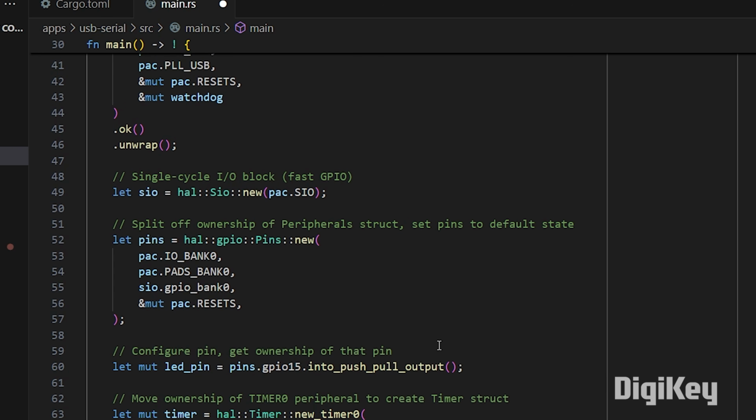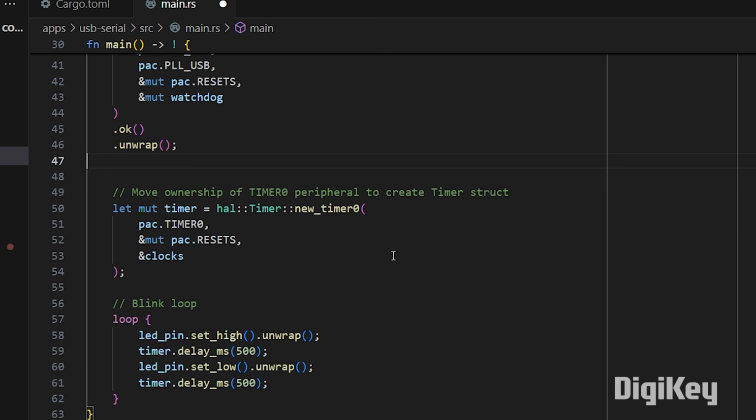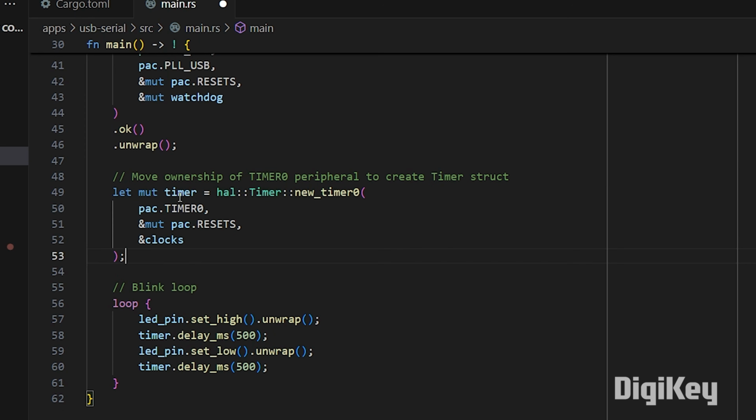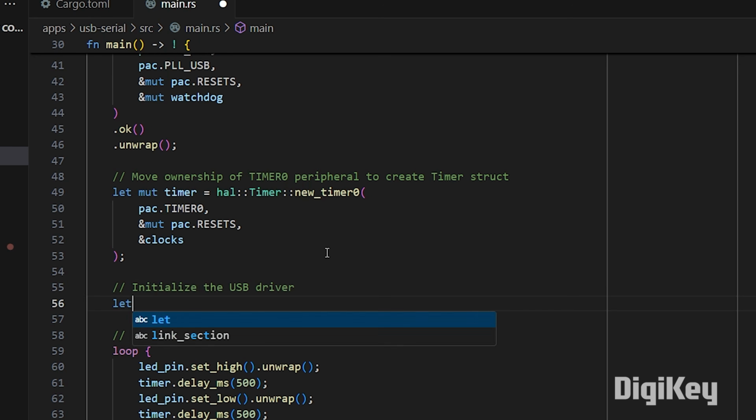We are not going to be using a pin directly here, so let's get rid of our SIO, splitting off that peripheral struct and getting ownership of that pin. We will need a timer because we're going to get a timestamp from this timer directly rather than using something from embedded HAL. Then we're going to initialize a new USB driver, and we're going to do that with this